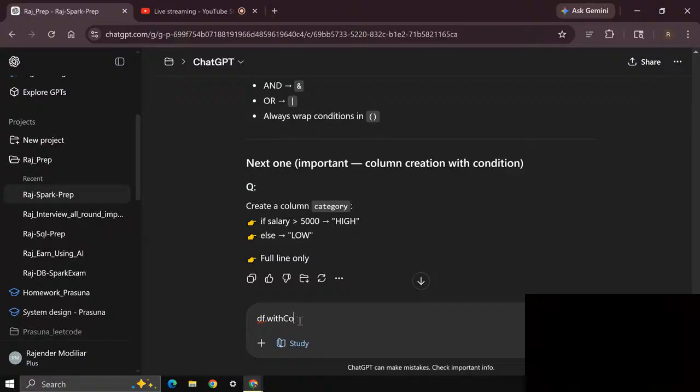If I want to rename a column, with column renamed I need to use, or else with column category.